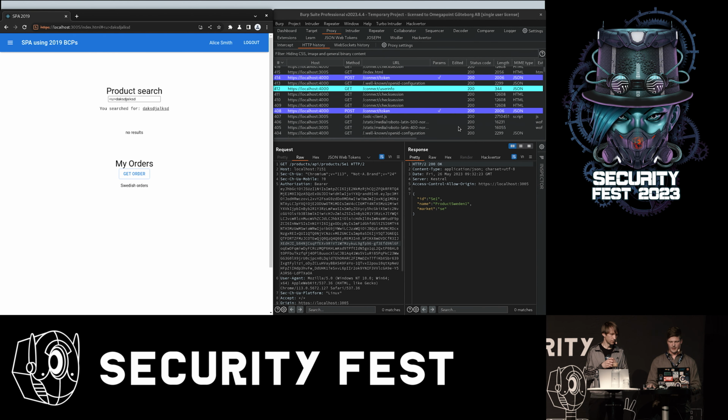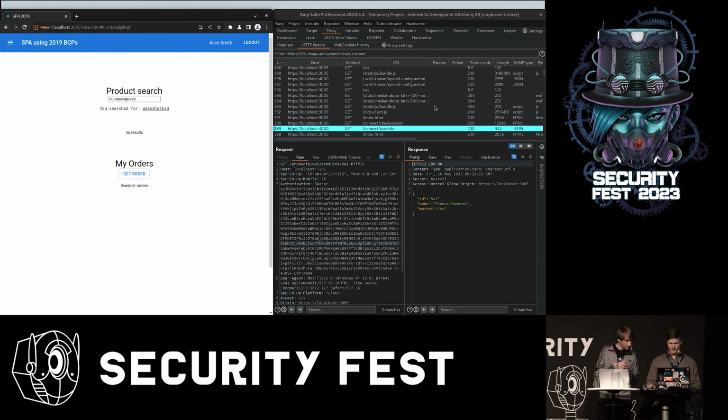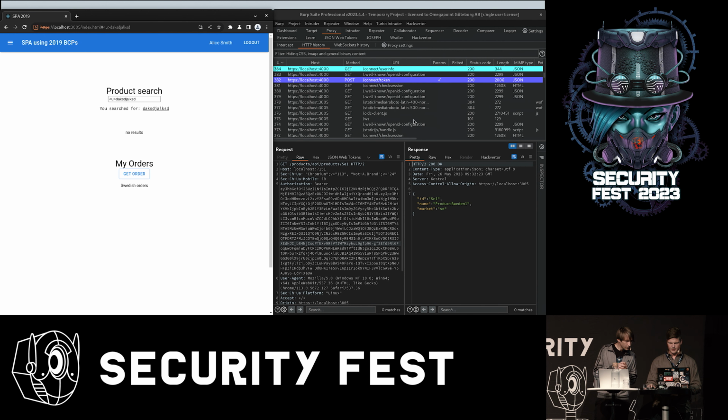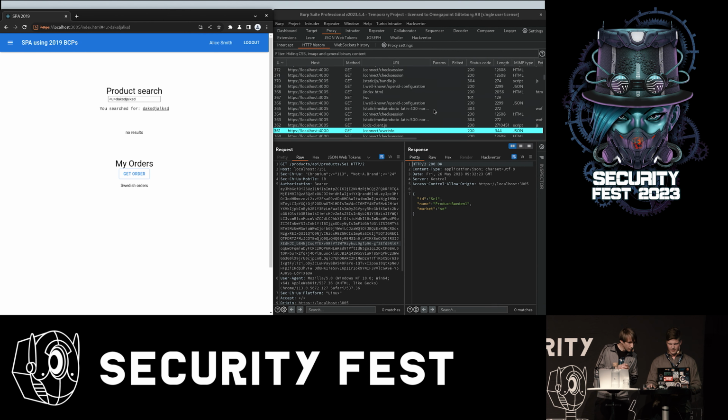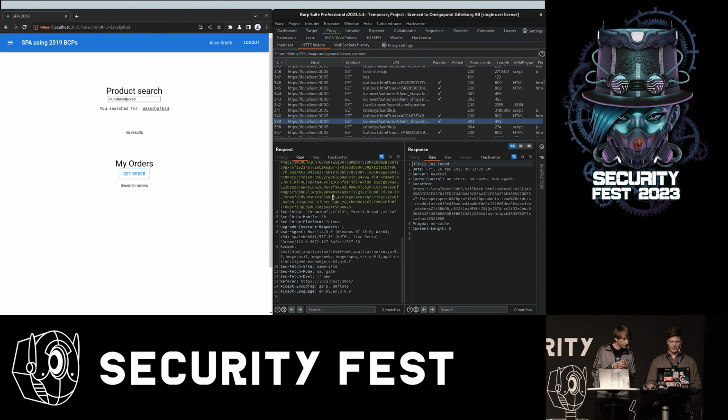And let's see if we can find the authorization request here. Here it is. So what silent refresh is, is that the application opens a hidden iframe, which loads the authorization request to the IDP, which has the single sign-on cookie already.